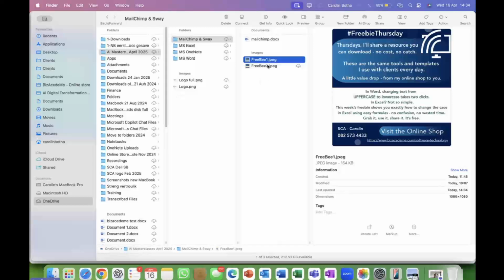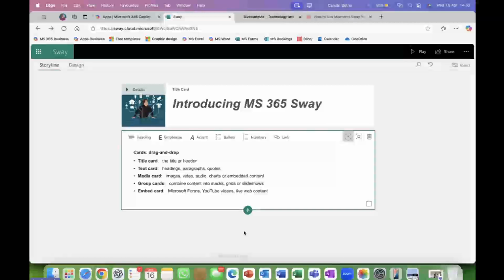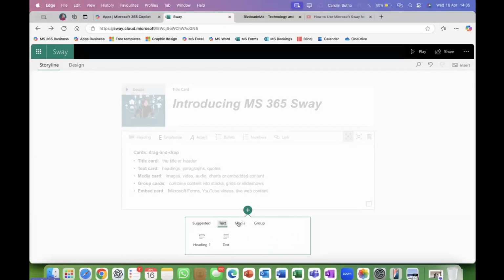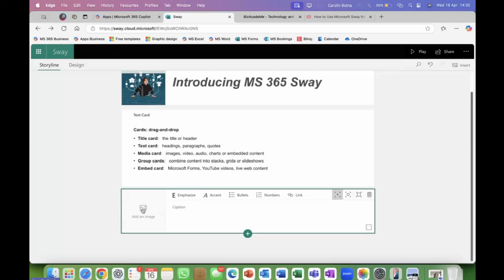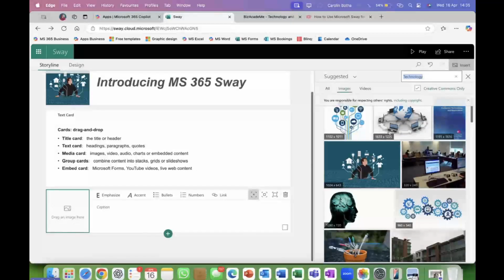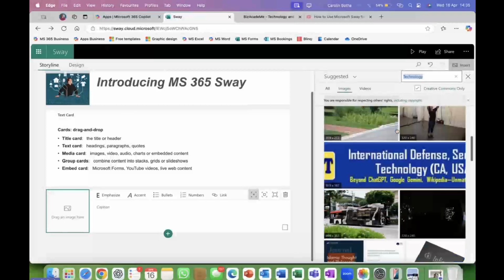Okay, the colors are not exactly the colors that I have in there, but I just want to show you. You can have anything designed, for example, in Canva or in PowerPoint, save it as an image, and you can insert it in the Sway creation. So we're going to go there, and we're going to go for media. On your right hand side, you definitely have the options where you can choose again, but I'm just going to close that. Okay, and there you can click on add image over here, and I don't know what that is going to look like.